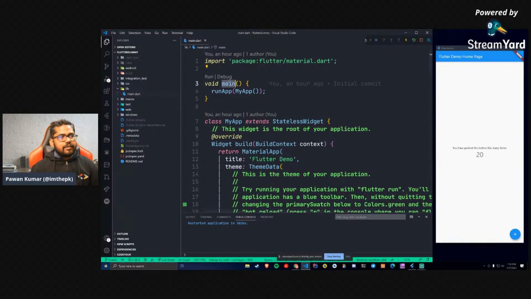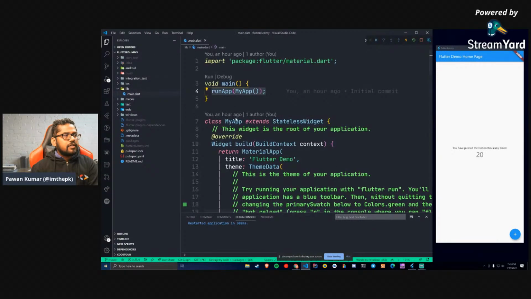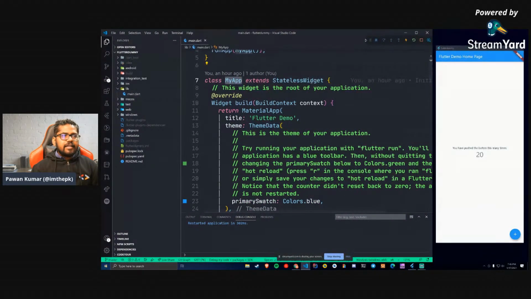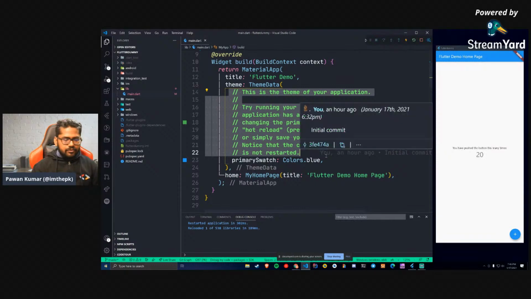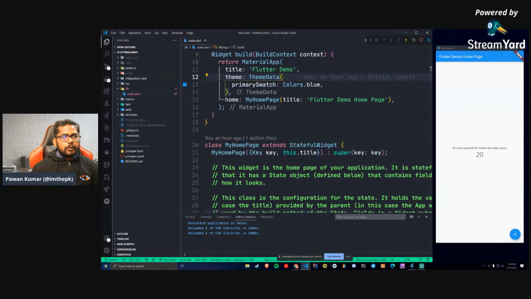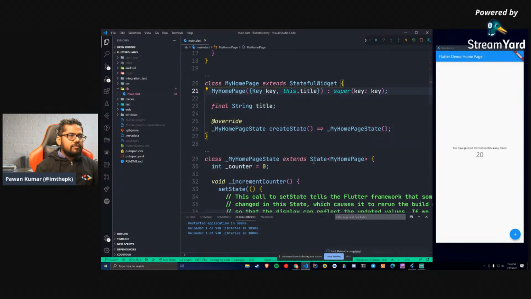And as I told you, everything starts from main. This is just calling a method called runApp, which is essential to run any application. In runApp, we are calling an instance of a class, which is MyApp. MyApp is again extending a stateless widget. Let me remove the comments here. There are a lot of comments, and let me know if the code is visible enough so that we don't get into small-size code which you cannot see. Now let me remove all the comments because they are not that useful.